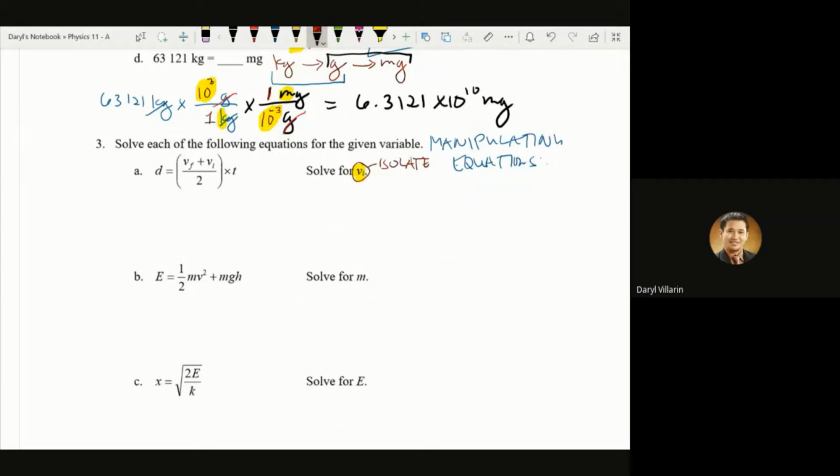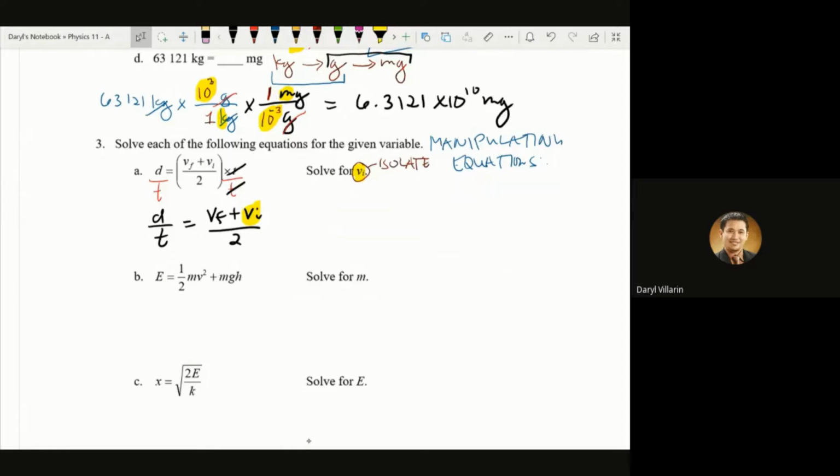Well, starting with this one here, this is in parentheses, so you need to work with the parentheses first. So that's multiplication. Is it not that if I'm going to divide this by t over t on both sides, this gives me d over t, and this is canceled off. So this is vf plus vi over 2. So if I do that, somehow I now separated my t. Remember that my aim is to isolate vi. So vi,